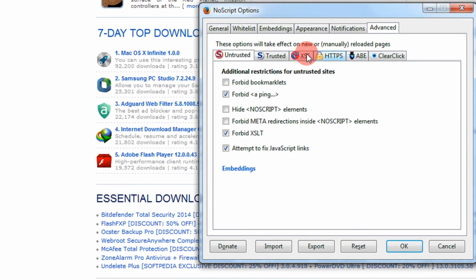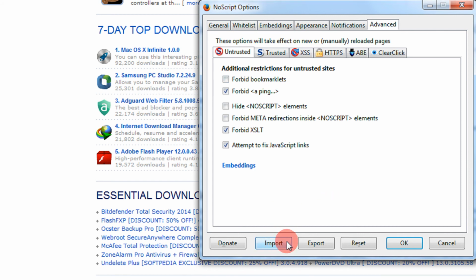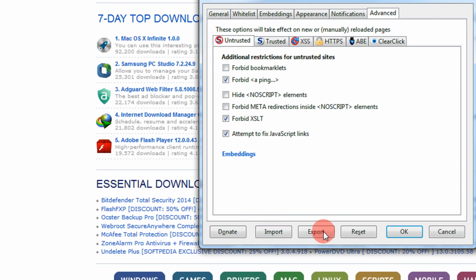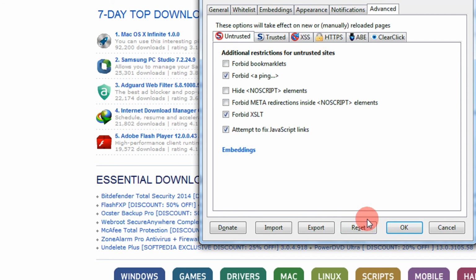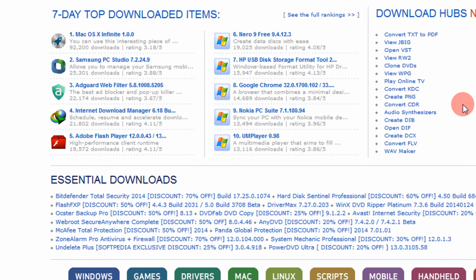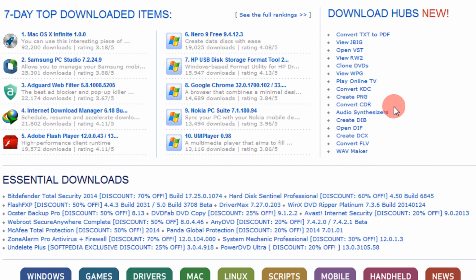Under the advanced options, these are for advanced users only. Some websites do offer bookmarklets, like you can add that bookmark and it will maybe run a script or something like that. You can disable it, so it depends. You also have the option to import and export your settings. You can export all the settings, and maybe on another PC or laptop, when you install NoScript, you can just directly import those settings. To reset your settings to the default, just click OK, and that's it. So you can use NoScript to be more secure by disallowing the running of scripts on various web pages, and at the same time to make your browsing experience more comfortable.